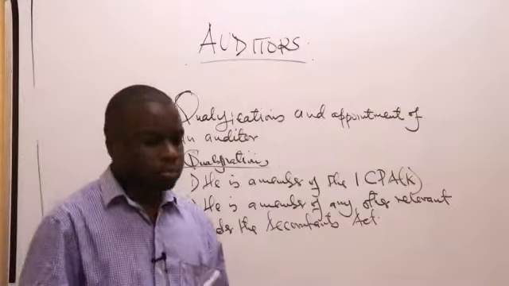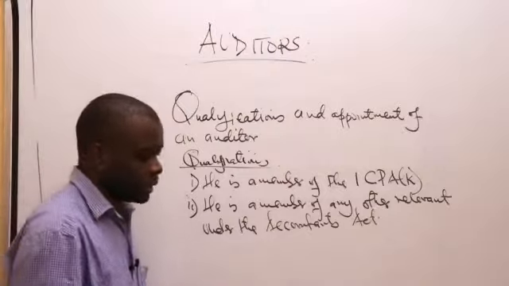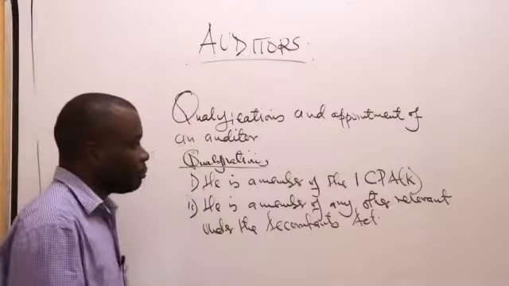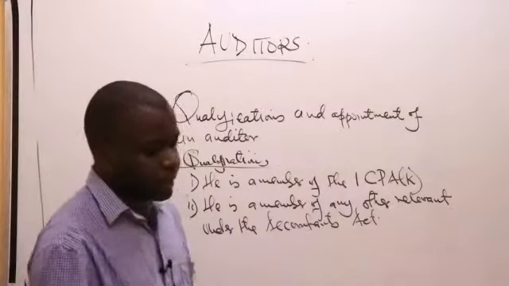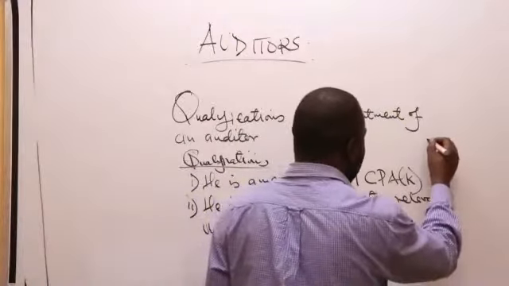So these are basically how the appointment will actually happen. The key parties that will be able to appoint an auditor in the company, you have just two key parties. For example, on formation